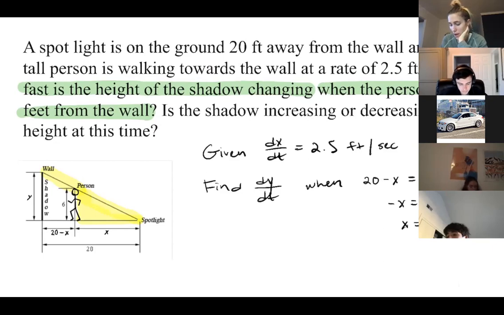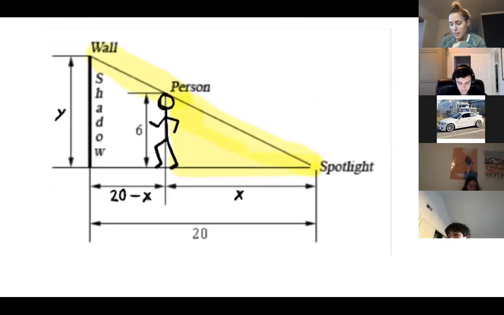Okay. So we've stated the given rate. We've stated the rate that we're solving for and when. We need the relationship between the quantities that are changing. And that relationship has to have x's and y's in it, right? Because we have a dx over dt and we're trying to find dy over dt. So going back to the picture,